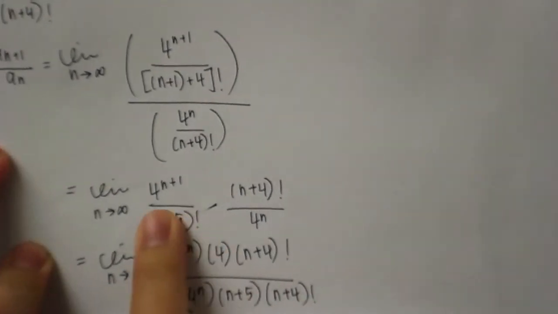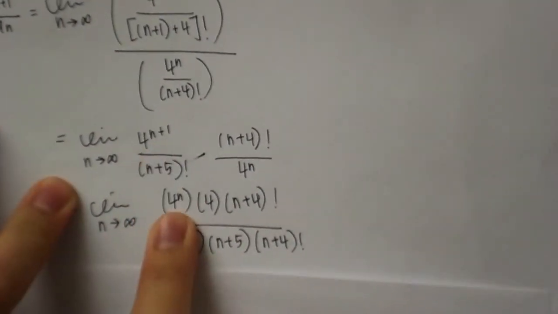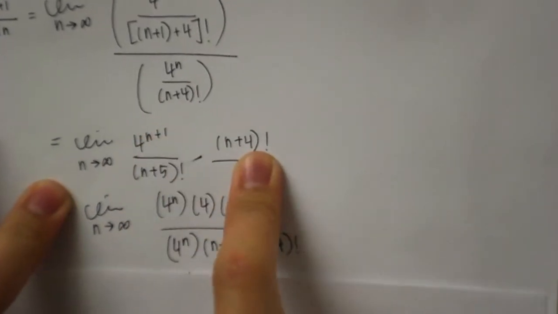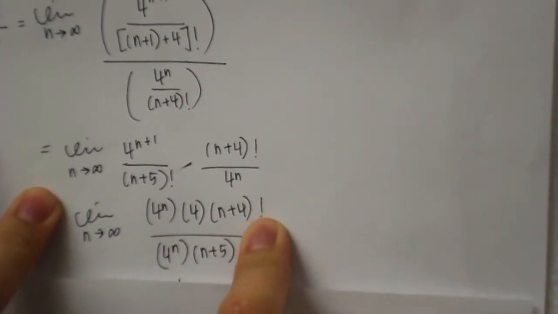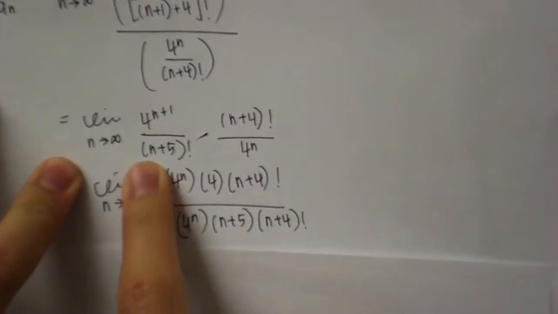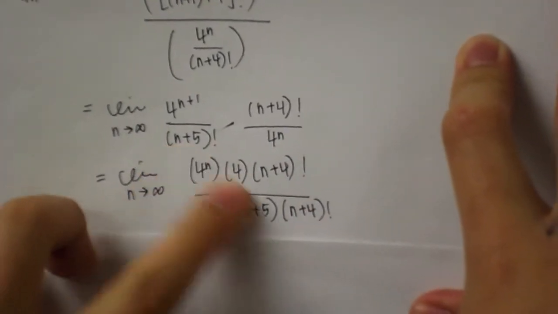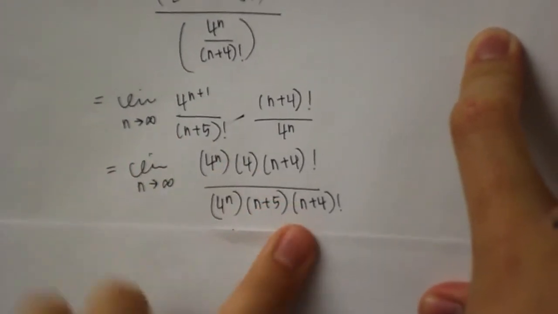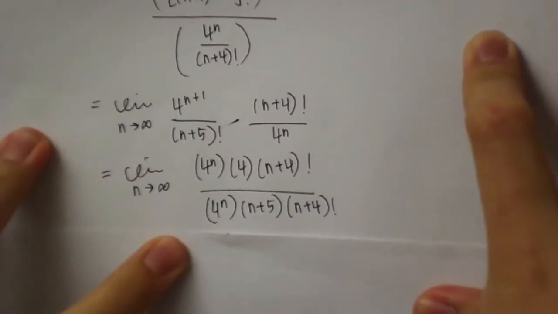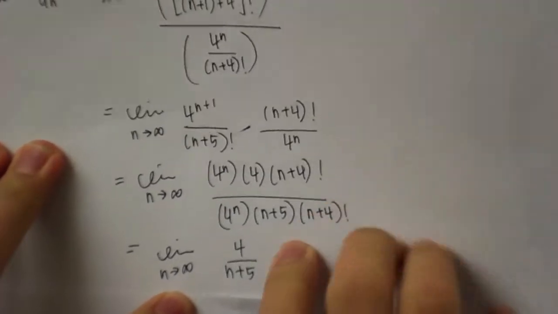Now over here, 4^(n+1) will simply be 4^n times 4 times (n+4)!. That will be our numerator. Our denominator will be 4^n times (n+5), which we can remove from (n+4) factorial. Now we cancel everything out and we get